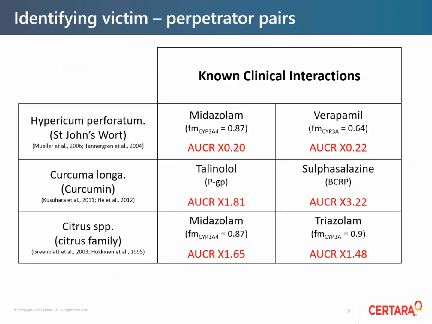Now moving on to a more detailed analysis of known clinical interactions. These were identified from literature, and this helped in identifying the extent of herb-drug interactions, or HDI, and also identifying some commonalities in significantly affected victim drugs. So with St. John's wort, for example, here you can see a reduction in the exposure in terms of the AUC ratio. And you can see a common feature in the victim drugs was significant metabolism by CYP3A enzymes.